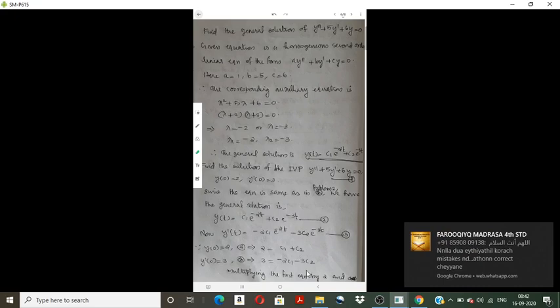Now applying y of 0 equal to 2 in equation number 2, we have 2 is equal to c1 plus c2, and y dash 0 in equation number 3 we have 3 is equal to minus 2 c1 minus 3 c2. Now multiplying the first equation by 2 and adding this with the second one, we will have 4 plus 3, that is 7 on the left hand side. So c1 will get cancelled, then 2 c2 minus 3 c2, that is minus c2.